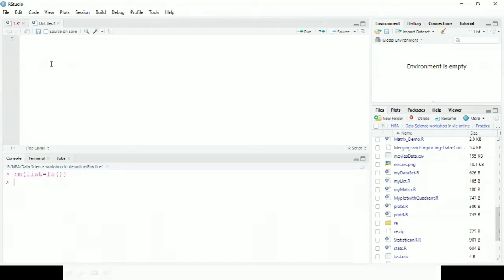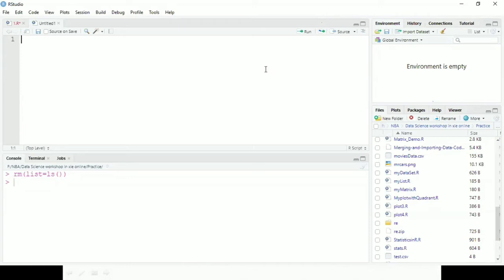It's not required on the cloud, because in the cloud there is already a directory created. So first I'll explain on this IDE software, and then I'll explain for the cloud also. Just wait for a few minutes. First I'll explain how to set the directory in RStudio, then I'll tell you how to do that on the cloud, right?